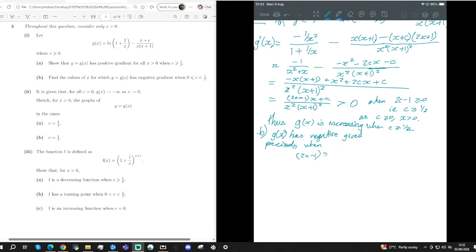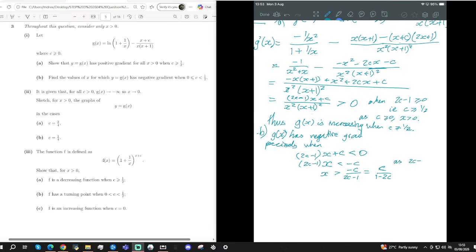2c minus 1 x plus c is less than 0. So when this thing is negative, then I have the negative gradient. Well, that is saying that x, and we need to be a little bit careful here. I am going to do it in 2 steps, because straight away this looks quite bad because it's saying x is less than a negative number, but in the region, this thing here is negative. So that's when x is greater than negative c over 2c minus 1, which I'm just going to swap the signs,